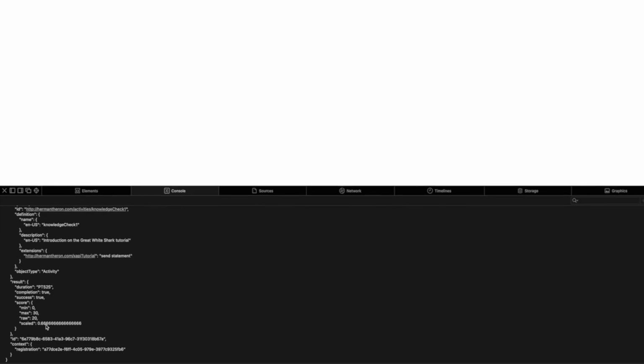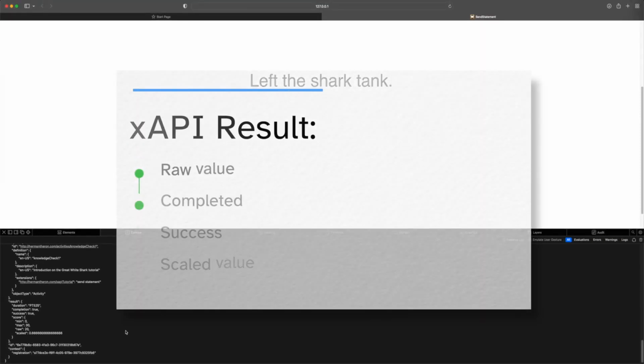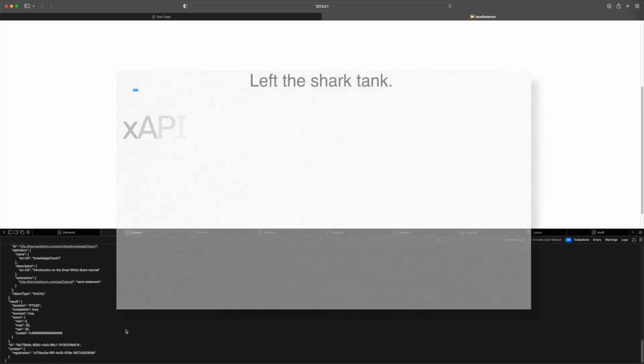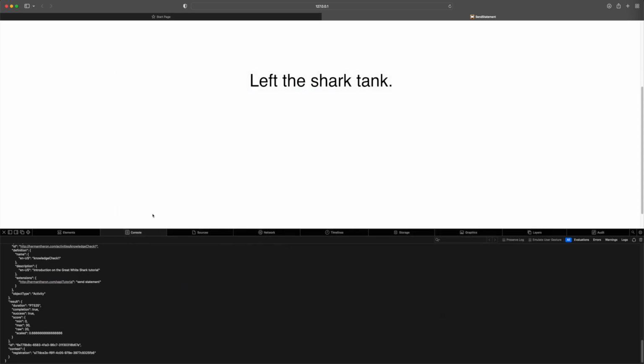0.6. Cool, that's it. We have expanded on the result object within an xAPI statement using the export script in Hype. Hope you will have lots of fun with xAPI, and